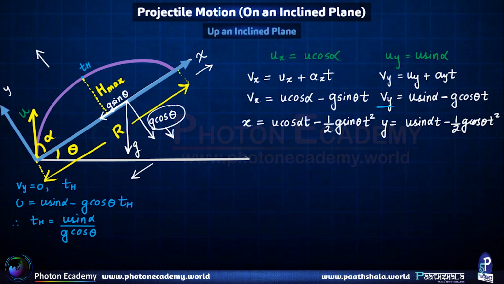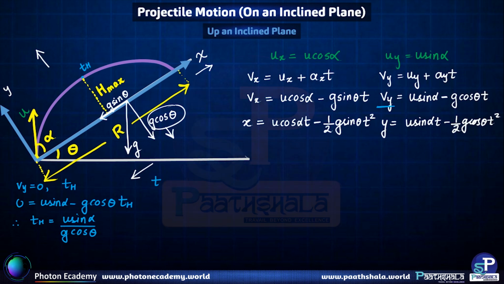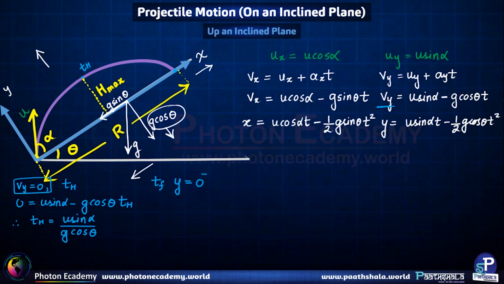Now if we wanted to find tf, which is the time of flight, then for tf we will use the logic y is equal to 0. So this is the logic being used in order to find th, and in order to find tf we'll use the logic y equal to 0,